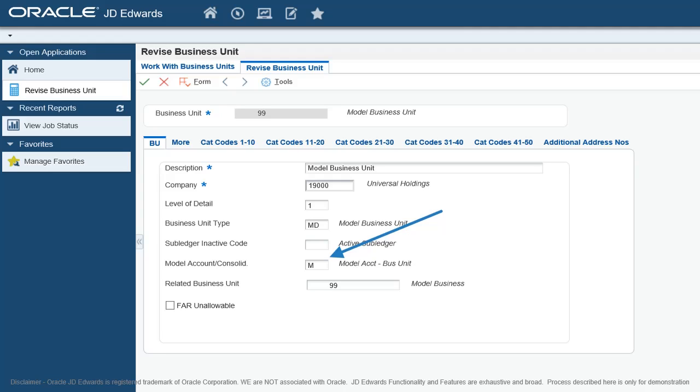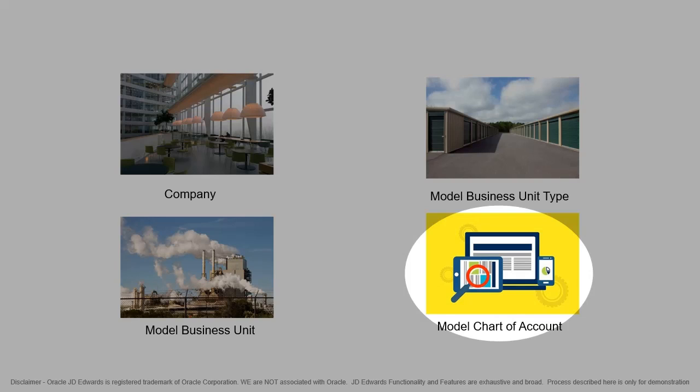If you change the value of the model account consolidation field, you need to run a global update program to change the value of the model account consolidation field of the accounts in the business unit. You can create model business units for any type of chart of accounts. After you create a model business unit, you can link it to a chart of accounts to be used as a master model.